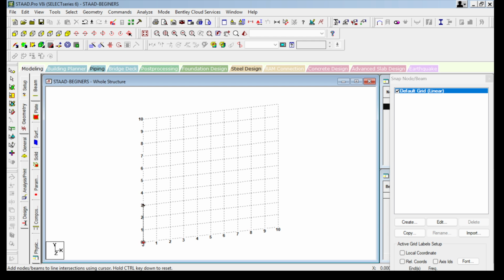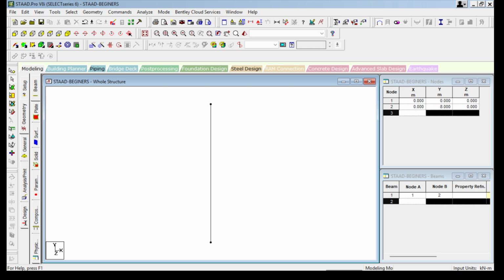Then let's take from 0 to 8, and press escape. So this is what we have. Let us confirm that the height of our stanchion is 8 meters. Let's go to the measure icon and measure. You see we have 8 meters, so that is settled already.